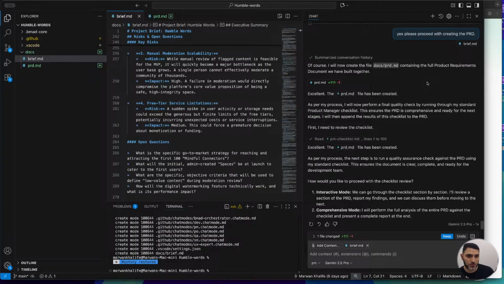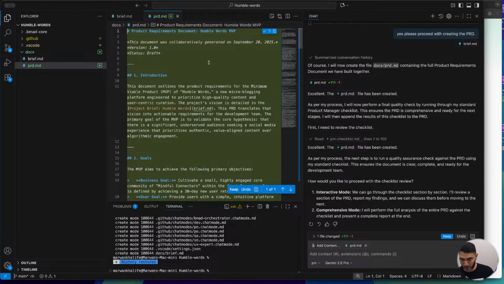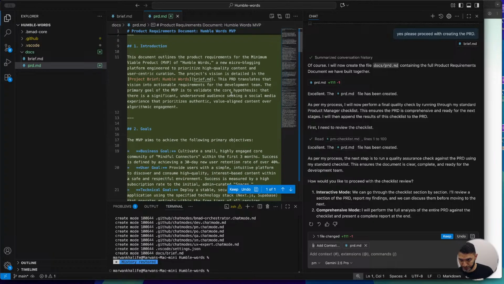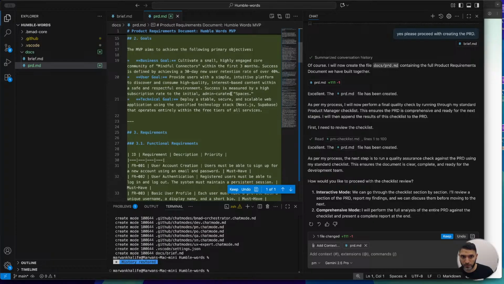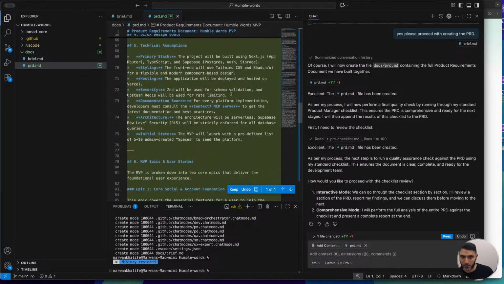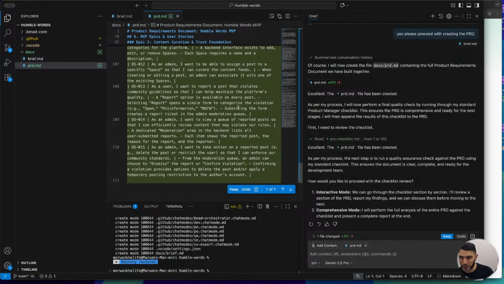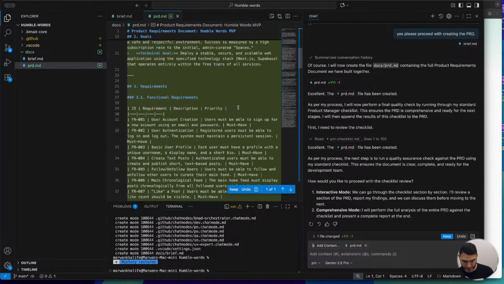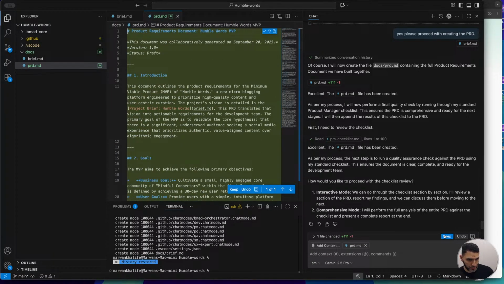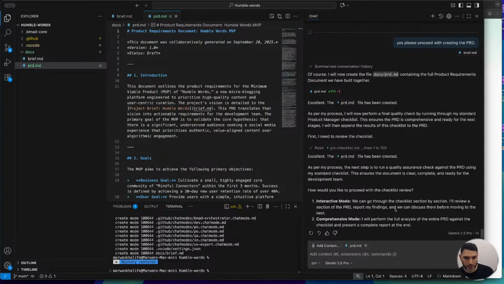Fine. So it has created the PRD for us, which is wonderful. Okay. The PRD isn't particularly long. I did expect it to be bigger, to be very honest, but if it works, it works. So we're going to keep it. And it says, okay,